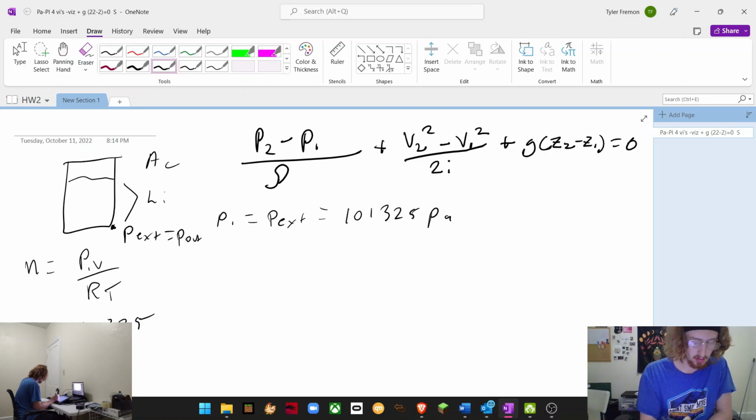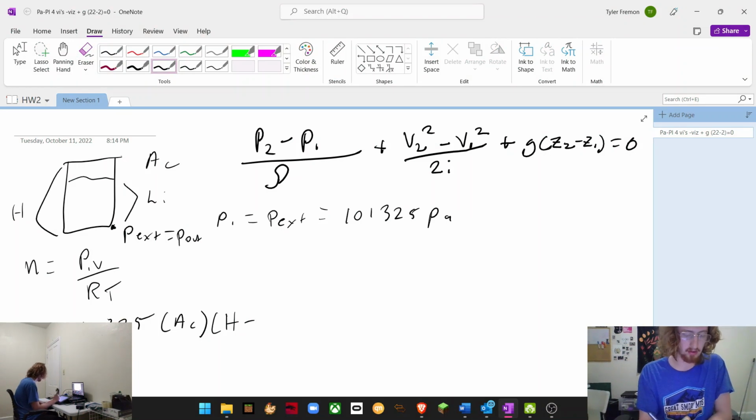And then our volume is going to be our total height, H, minus the initial height of the fluid, times our cross-sectional area. I'll make this big H because I like using big letters for totals. So that's cross-sectional area times (H minus the initial height), and that's just going to be equal to